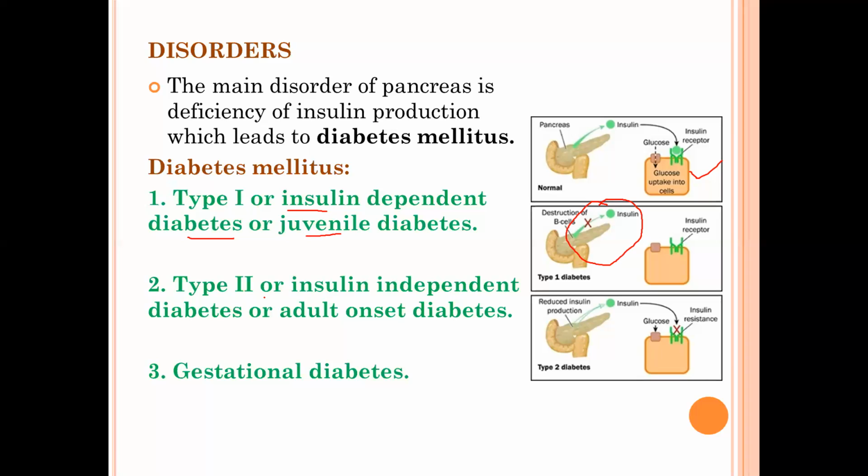Mostly this is seen in adults, those who cross 30 or 40 years. At that age, these people suffer from type 2 diabetes due to obesity or hypertension. These are the two main reasons for getting type 2 diabetes: one is obesity, the other is hypertension or any cardiac problems. Then there is a chance of getting type 2 diabetes. And type 2 diabetes generally occurs after 40 years of age.